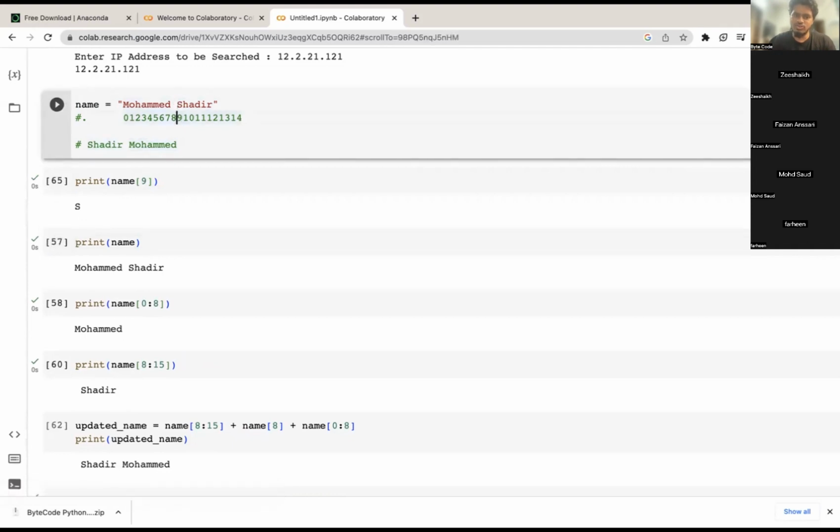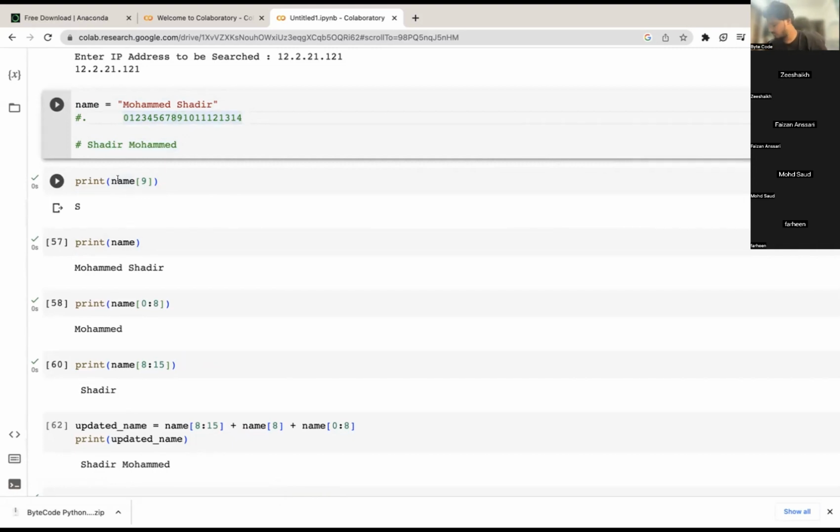Because you could see here the index of 9. Basically, you are trying to split the variable using indexes, by using the numbering system. You can play around with different sequences.